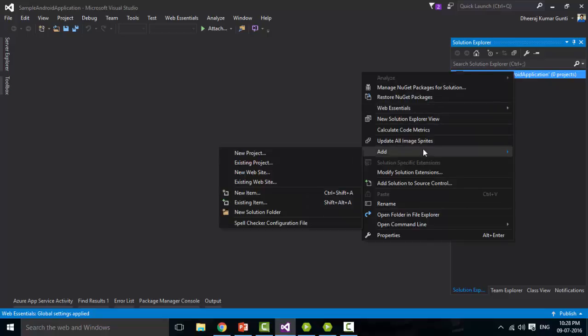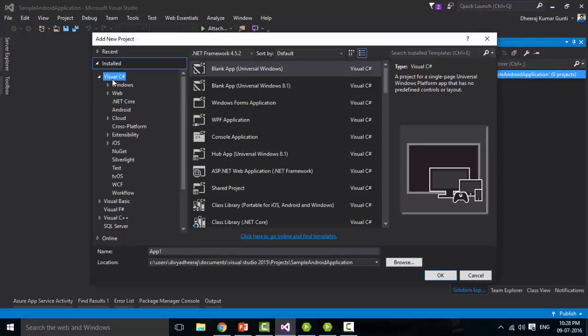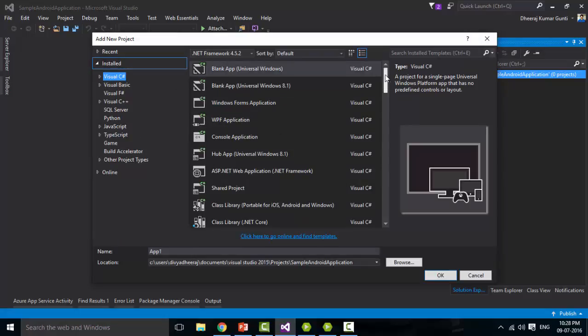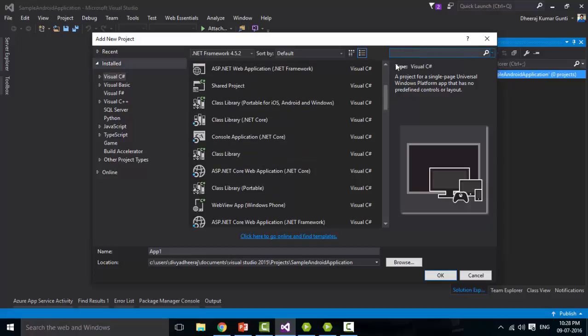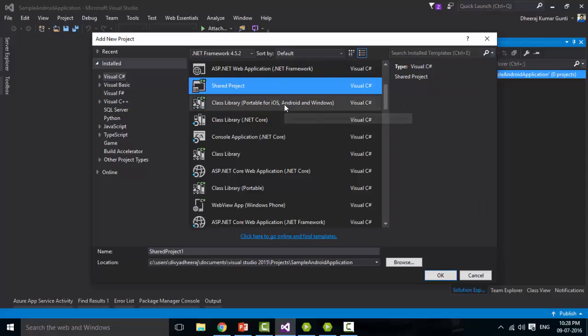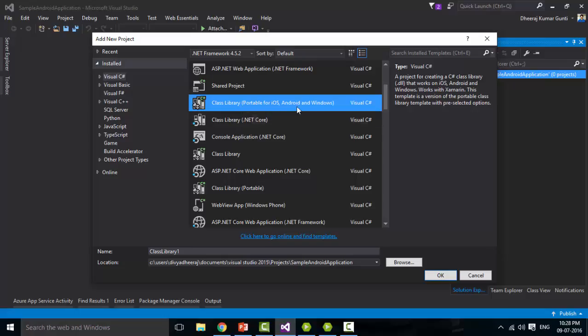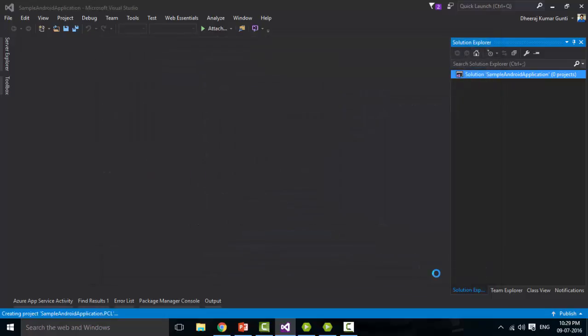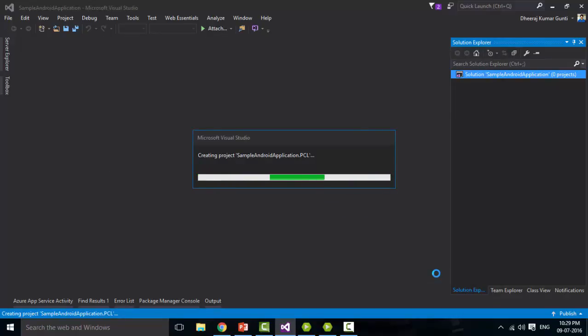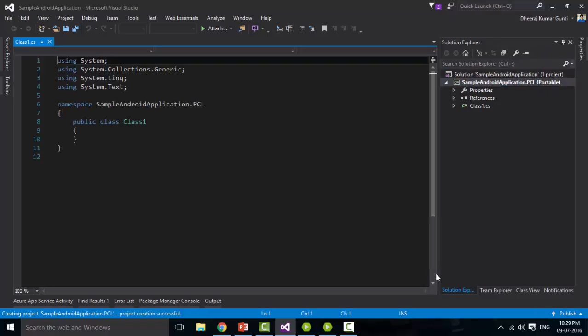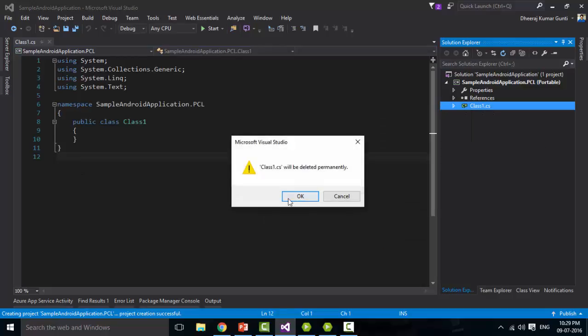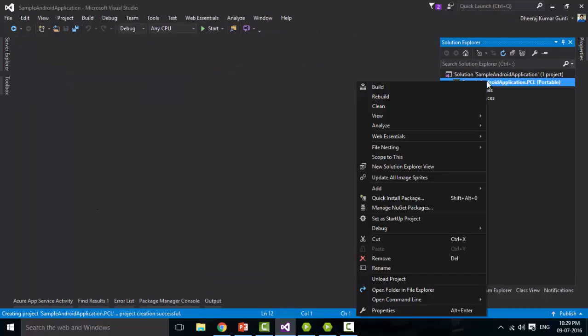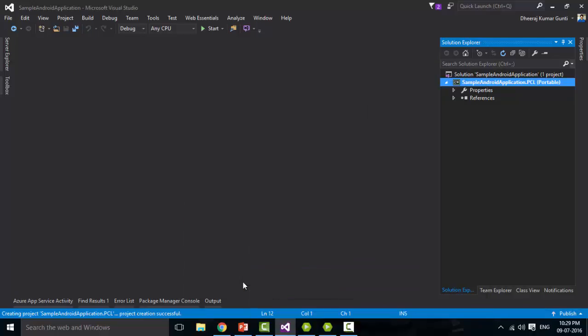Right click and just add a new PCL project. So we'll just select Visual C Sharp and we'll see our portable class library. You can see our shared project is there and the class library which is particularly mentioned as portable for iOS, Android and Windows. I'm just choosing that class library and I'm mentioning it as sample Android application .pcl. So let's delete the default class that got generated,